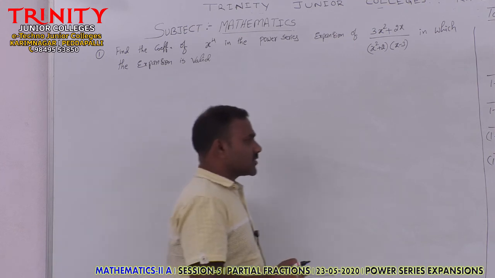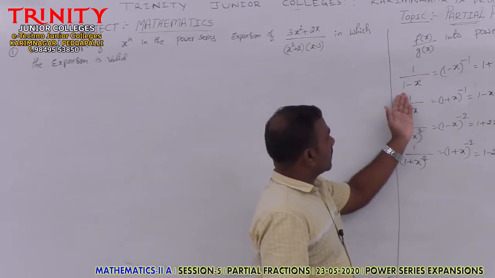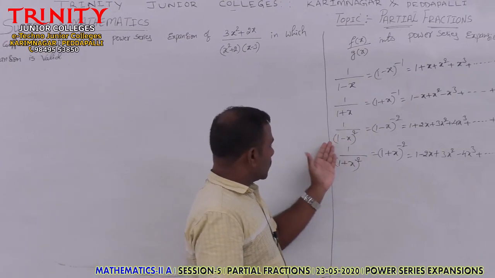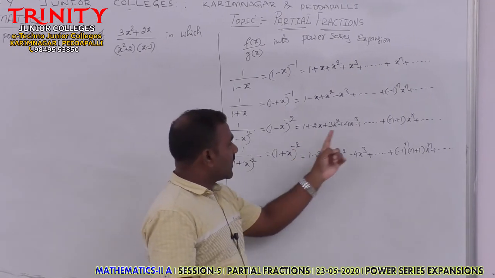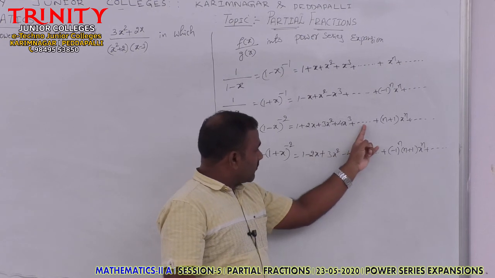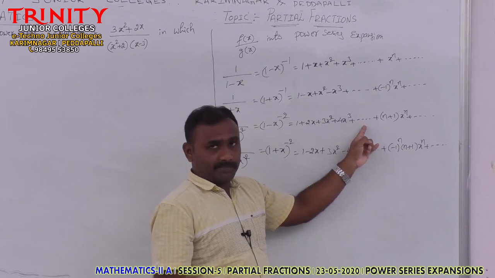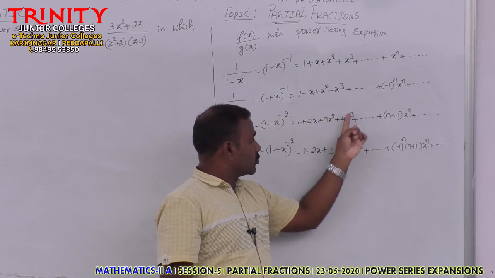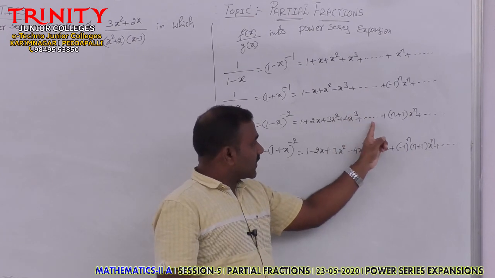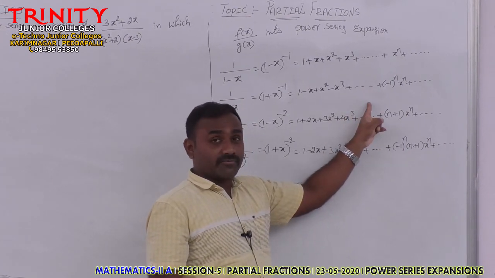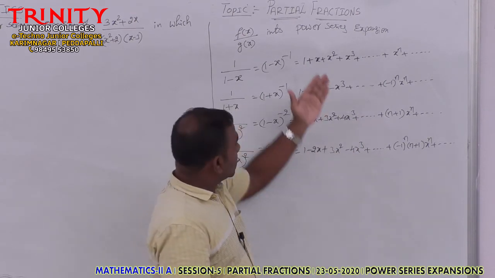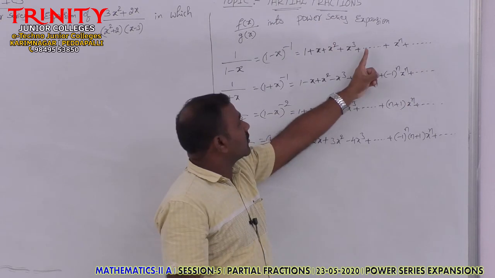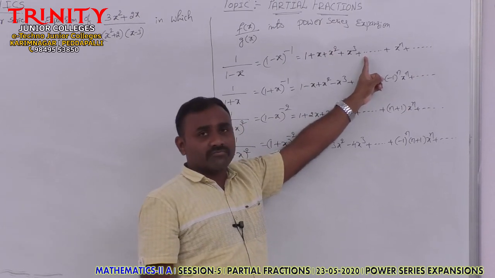If suppose the expression is directly in any of these forms, and we are asked to find the coefficient of x power 4 in this expansion, then we can write directly that the x power 4 coefficient becomes 5. The x cube coefficient is 4. If we write the next term, it becomes 5x power 4. Then the coefficient of x power 4 we can say is 5. If the expression is like this, find the coefficient of x power 4, then it becomes 1.